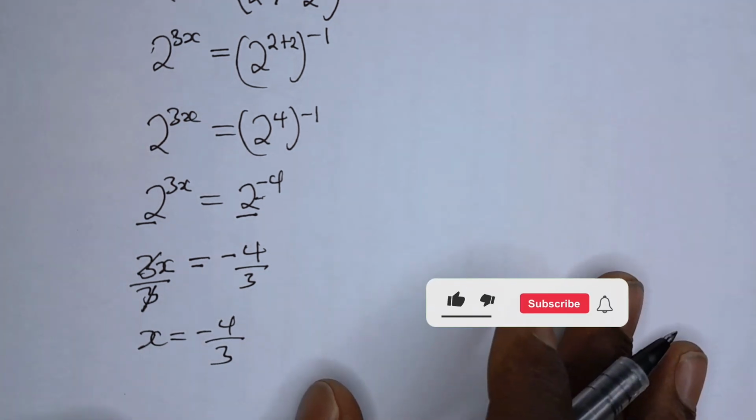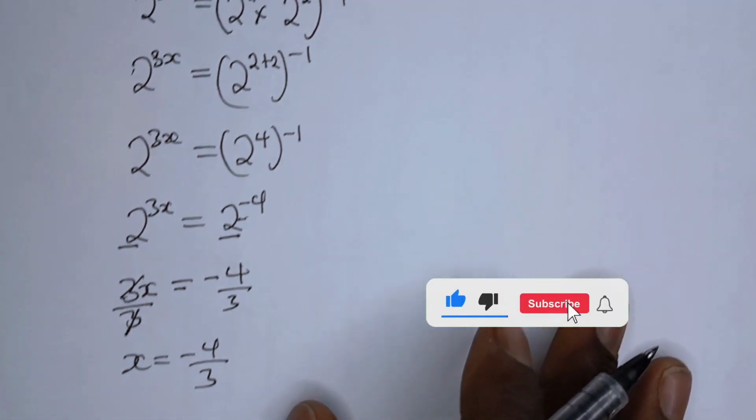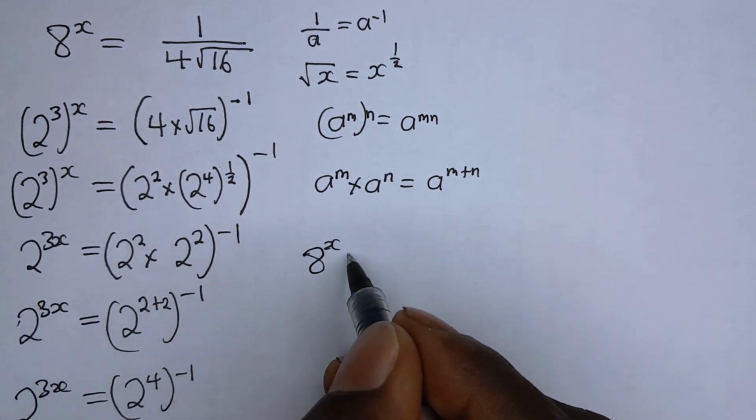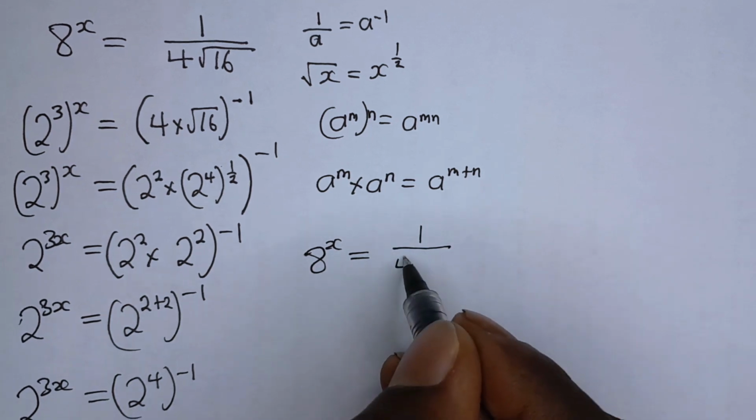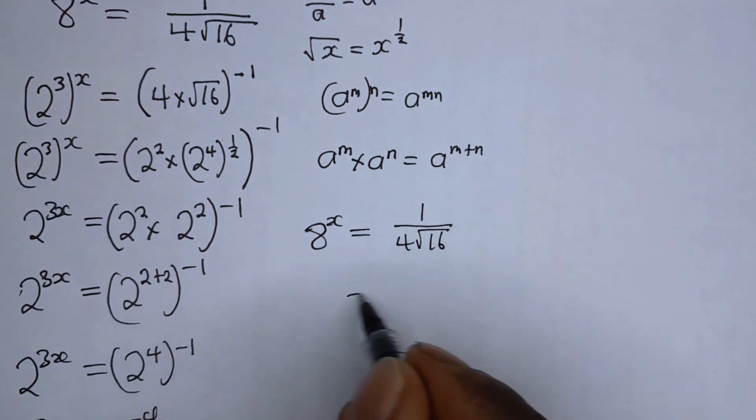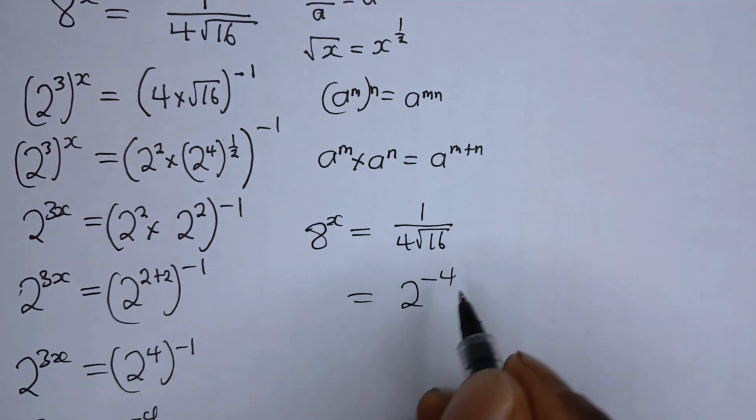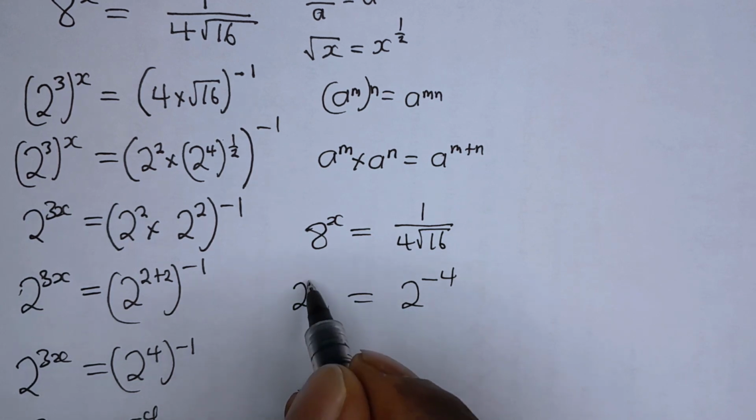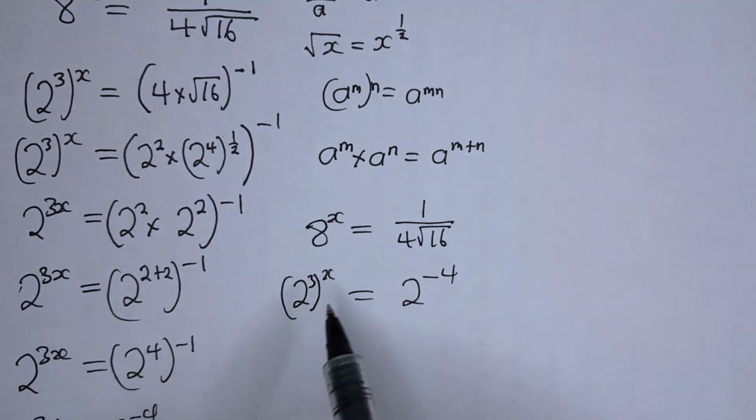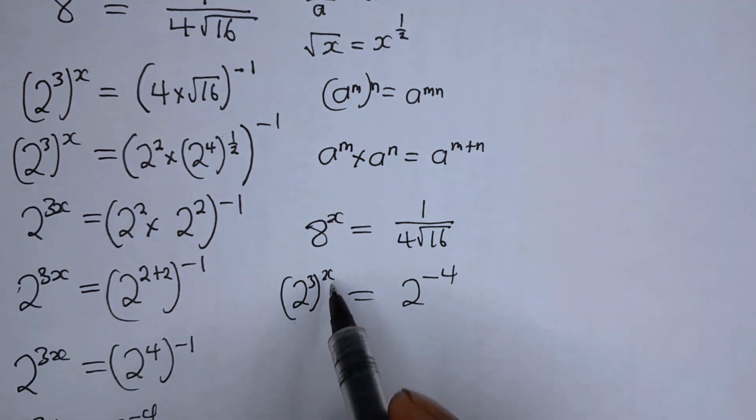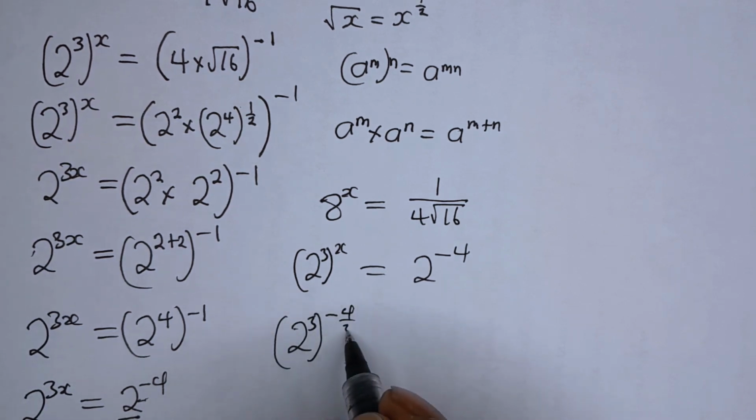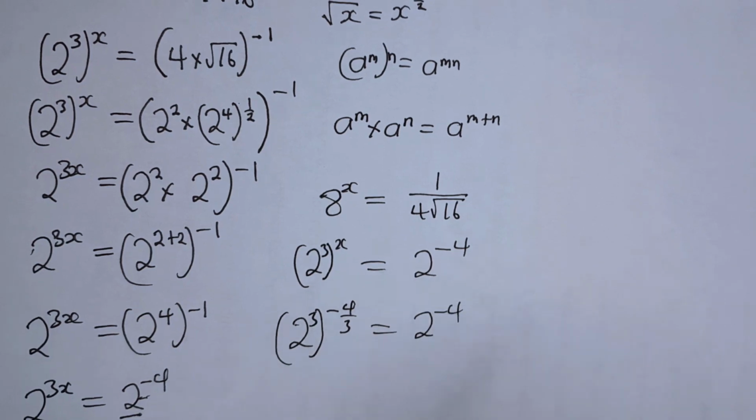We can check the value of x equal to negative 4 over 3 in the original equation. So we have 8 to the power of x is equal to 1 over 4 square root of 16. The whole simplification of this is equal to 2 to the power of negative 4, right? And we have 2 to the power of 3x. So we can substitute the value of x here: x is equal to negative 4 over 3. That is 2 to the power of 3 times negative 4 over 3, which is equal to 2 to the power of